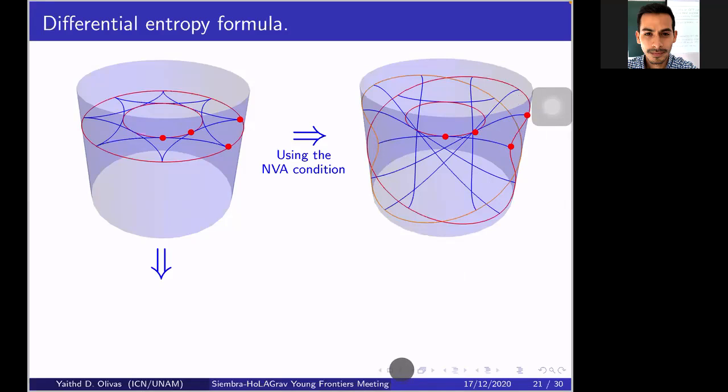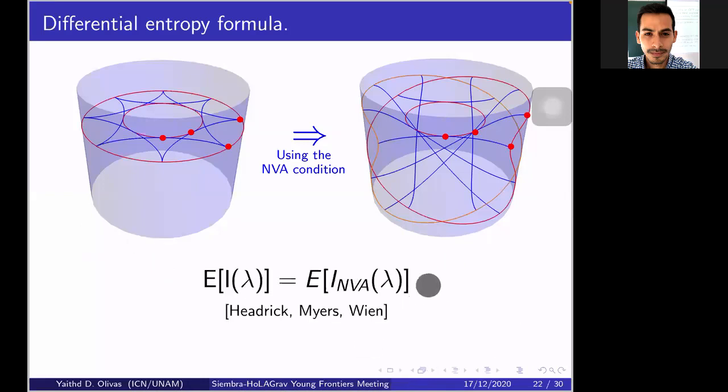So I can move on and calculate the differential entropy formula, for example, for the first family, and it's going to give me some result. And I can calculate the differential entropy formula for the second family, and what I obtain at the end, and it's a general result, is that both families compute exactly the same quantity. So we can see from this figure that the information about the length of this curve can be contained in an infinite family of geodesics.